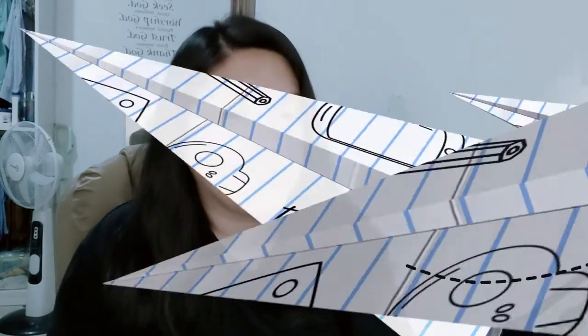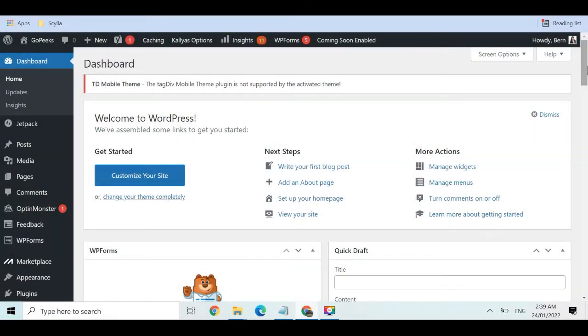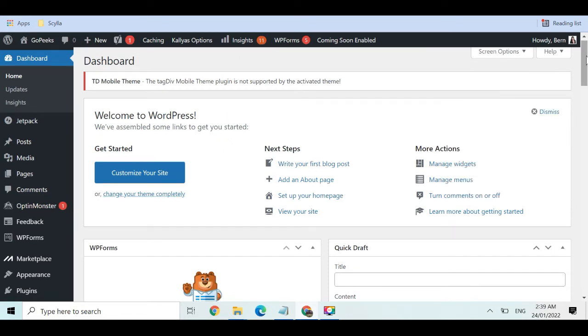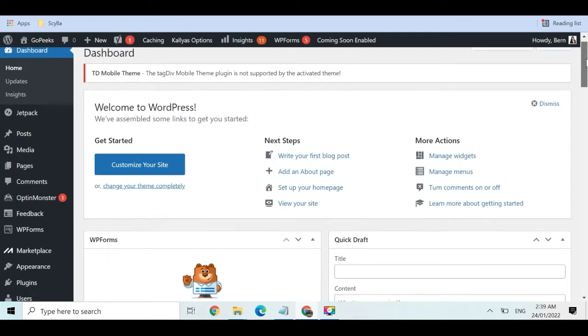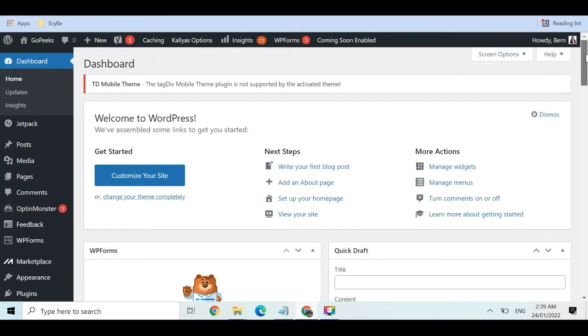Alright, so I'm going to be sharing my screen, and from that, we're going to go through the process. Alright, so in your WordPress site, this is the back end. So this is the first thing that you're going to be seeing. So let's assume you already have installed WordPress and you want to use Divi. So first thing that we need to do is to